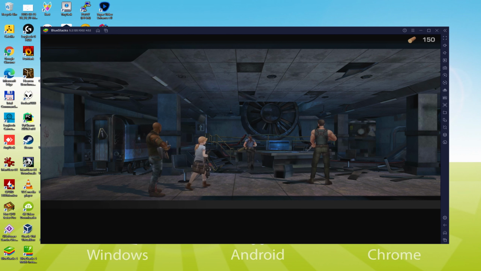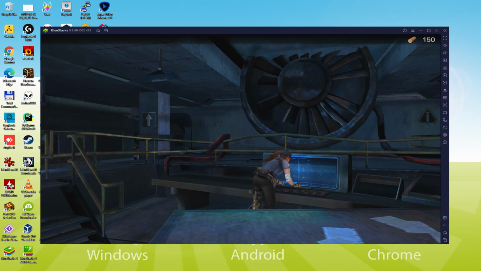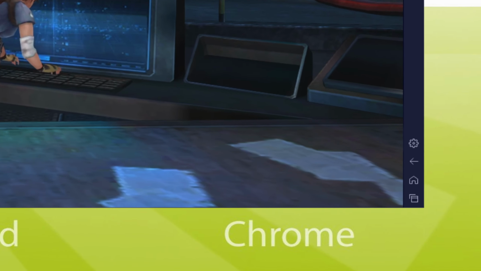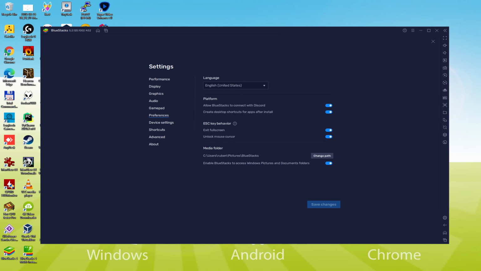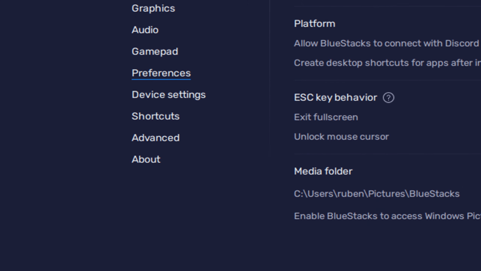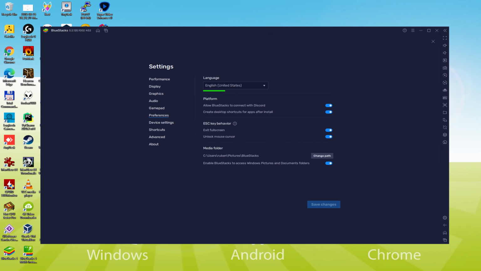Sometimes it happens that the emulator is presented in the wrong language, such as in Chinese. And as a consequence to set it in the appropriate language we go here to the cogwheel. And thus here throughout other configurations, we click on that language drop down. We are able to choose the language we need. English, Chinese, and so forth. When the language is decided, we are going to save. The emulator would restart, as well as the game. The next time we launch it, will of course be in the picked language.